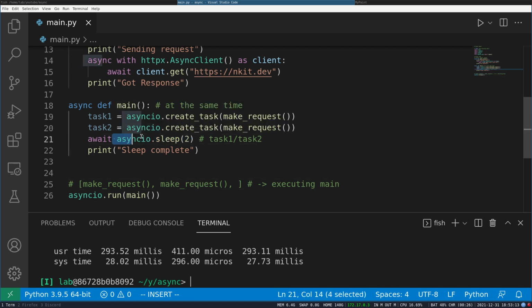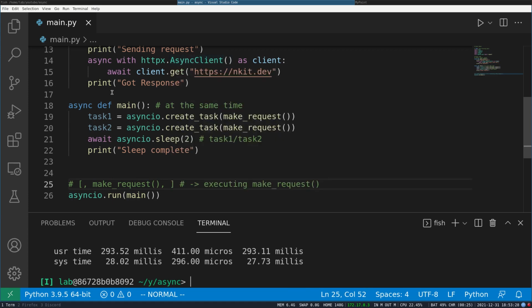So Python sends the signal to the operating system about waking up after 2 seconds, and then Python is free in those 2 seconds. So it will pick the first task, make request 1, and start executing this.